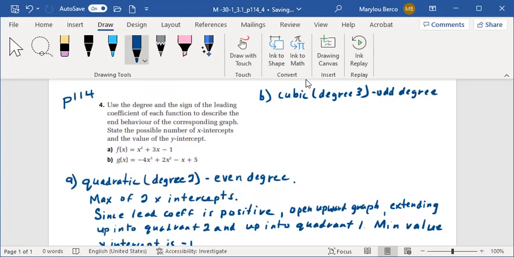There's at least one x-intercept and at most 3